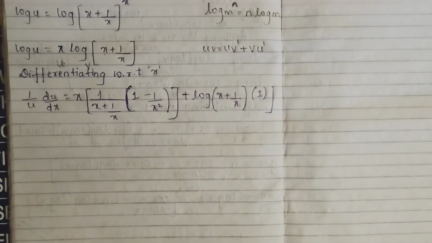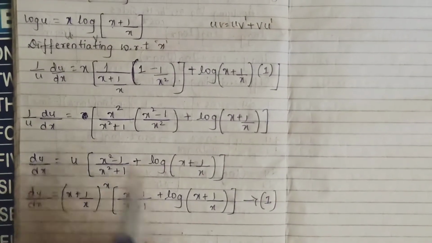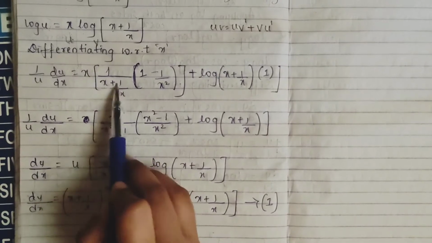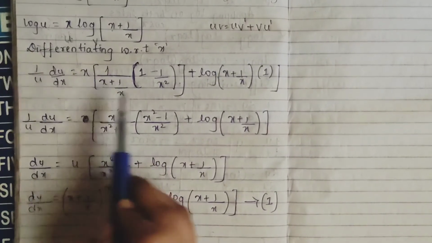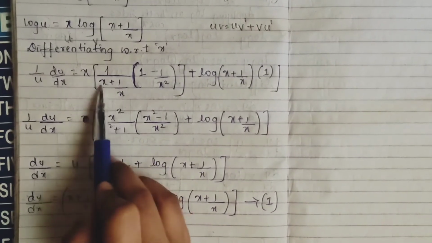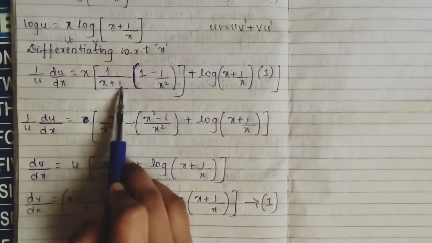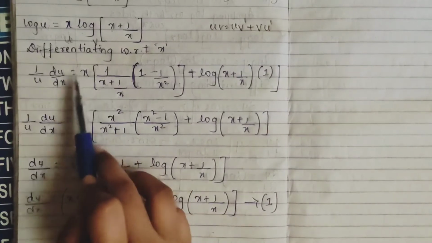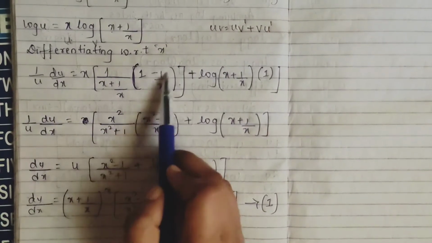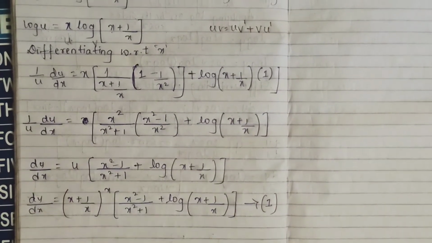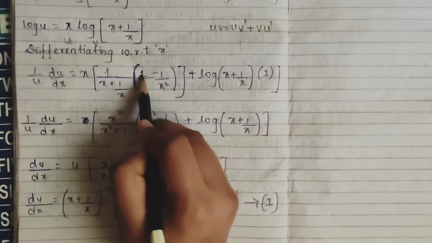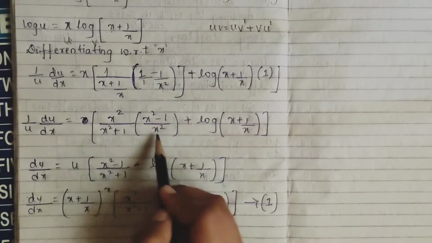Okay. So next I am simplifying. See here you have x plus 1 by x. Taking the LCM, it will be x, so if I multiply by x it will be (x square plus 1) whole divided by x. This x, if I take it up, x into x will be x square. In the same way, here also applying the LCM, it is x square. So here is 1, so this becomes (x square minus 1) whole divided by x square.